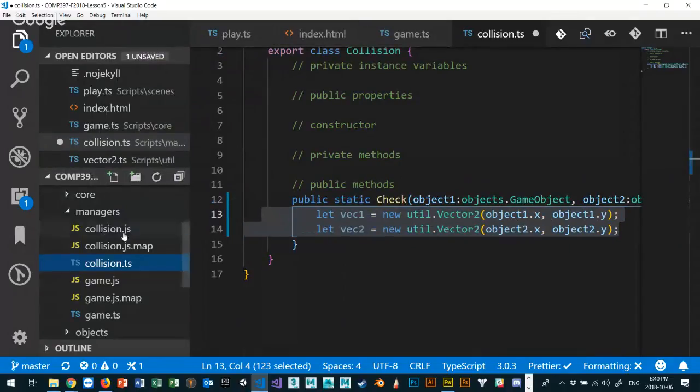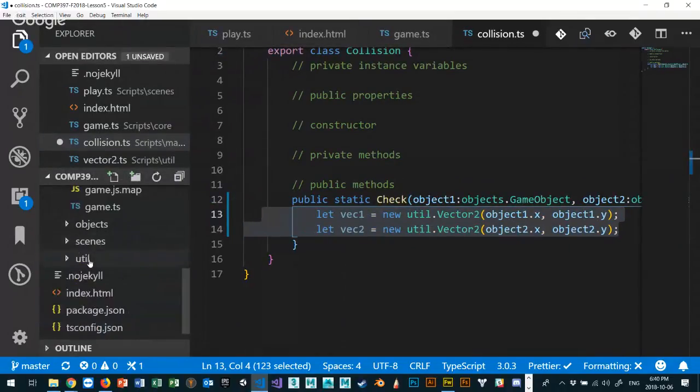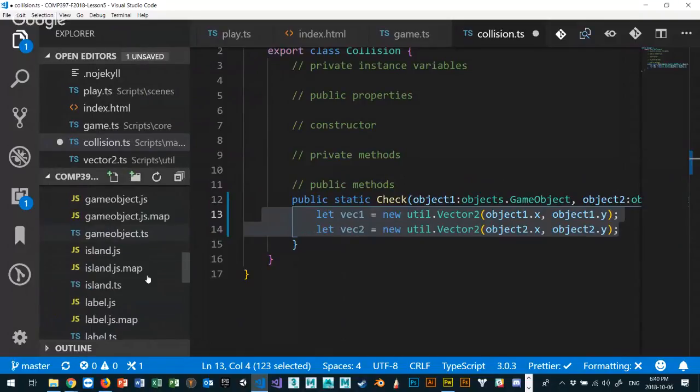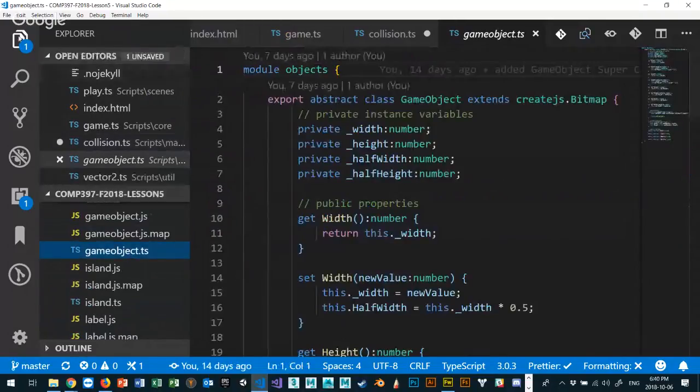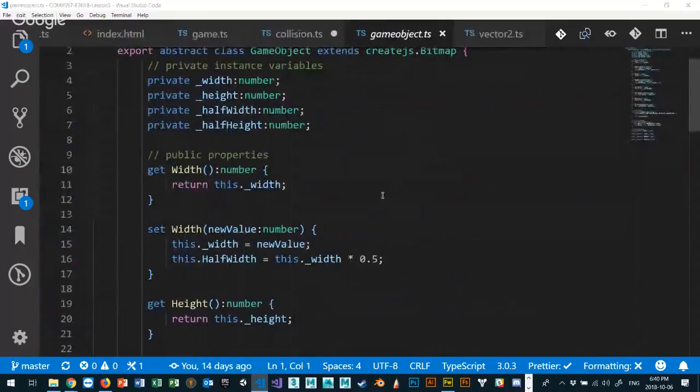So if I go back up to the game object superclass, which is inside of my objects, let me think about this. Do I need it for every object, every single game object? The answer for you should be no. I don't need it for every single game object. I'm never going to check the distance between my buttons, right? I'm just being honest. And this harkens back to what we talked about a couple of weeks ago,